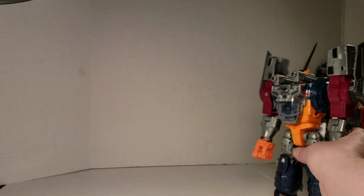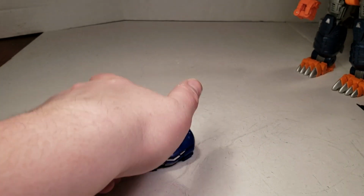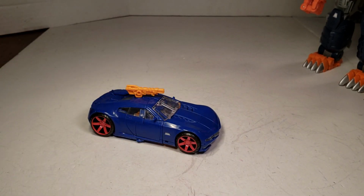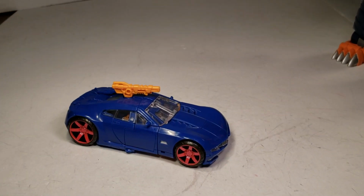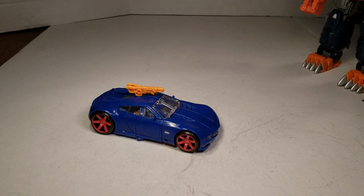Alright, so back to Counterpunch. Yeah, my phone's been doing that. When I move, it's got like a motion thing going on. I don't know why it's doing that. Maybe if I go all the way out. Anyways,